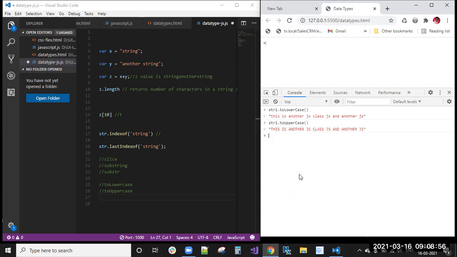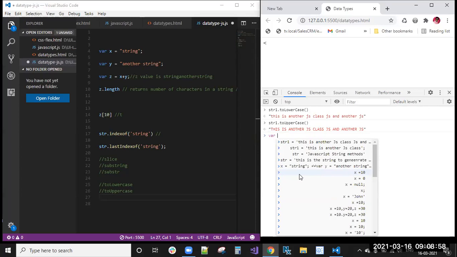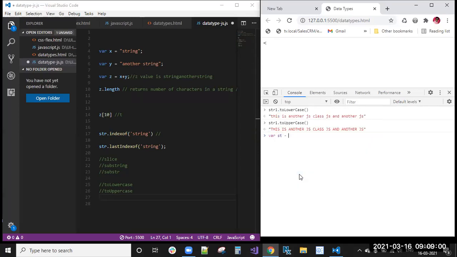Okay. What does this trim method mean? Where st equal to, okay, st equal to some space is there here, and space is there.